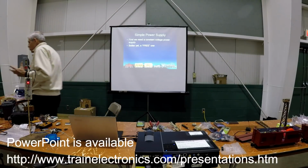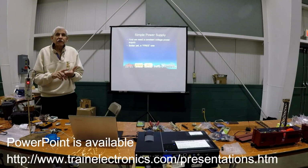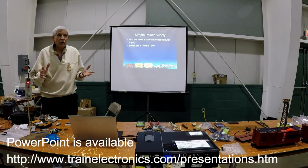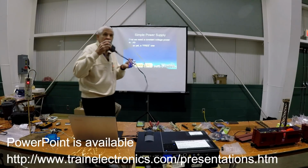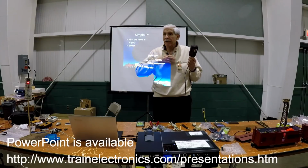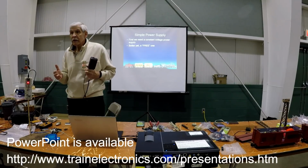You need some source of, and in G-scale we're typically running from 18 to 24 volts. There is a source of free power supplies that I think everyone in this room has access to. And here's one of mine. Anybody recognize what this is? That's a laptop power supply. It happens to be from a Compaq. And if you retire a laptop,